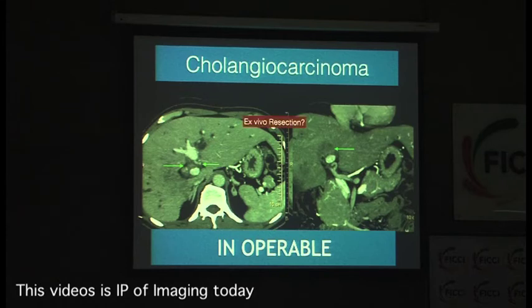So now, if you have really brave surgeons and a really desperate patient, you can do something called an ex vivo resection. An ex vivo resection basically means you remove the entire liver. Okay, you remove the arteries, you remove the veins, then you reconstruct the arteries and you reimplant the liver back into the patient. So that is also an option if you have a brave surgeon, but it has got a 20% chance of survival. So it depends on how brave you are exactly.